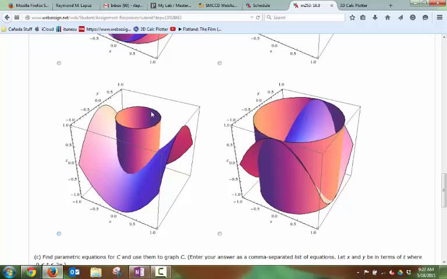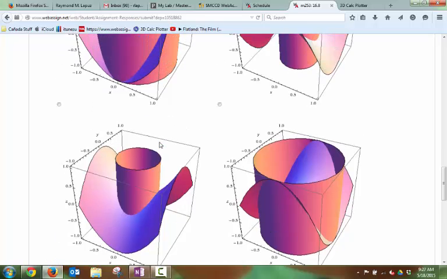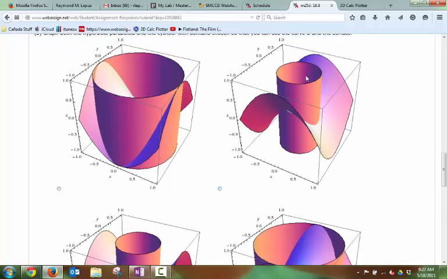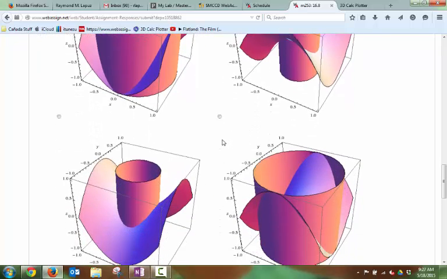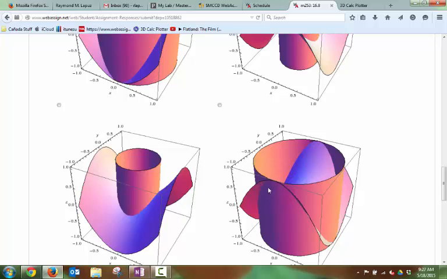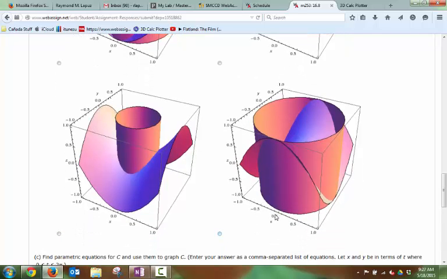So the subtle differences are how big the cylinder is. This looks like it has a cylinder of radius 0.5, so we don't want that. Same with this, radius 0.5. Our cylinder has radius 1. So now the difference is the orientation of the hyperbolic paraboloid. So what we want to do is check to see what happens when x, this is your x-axis,